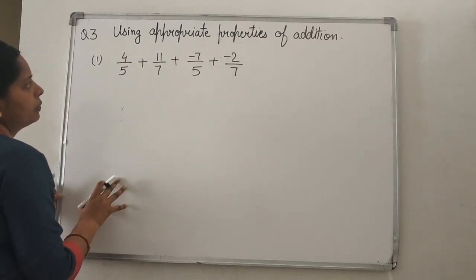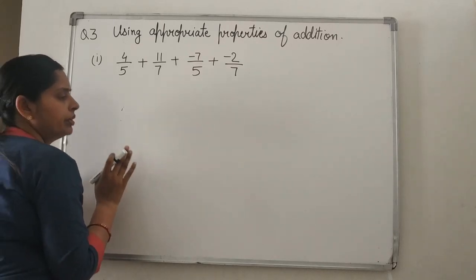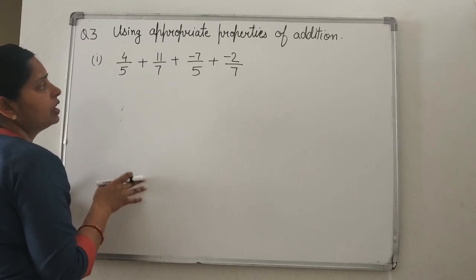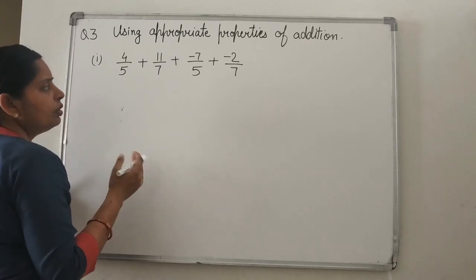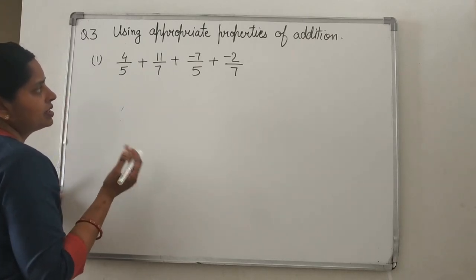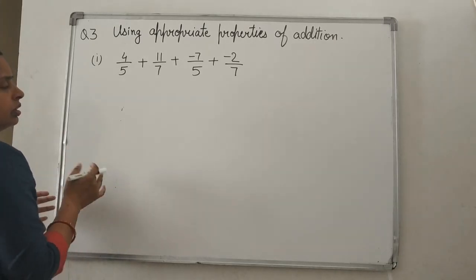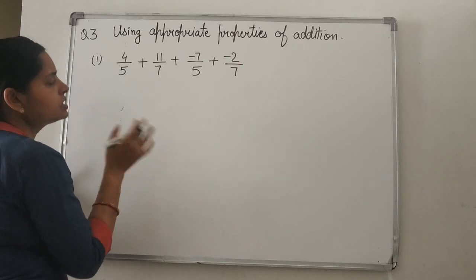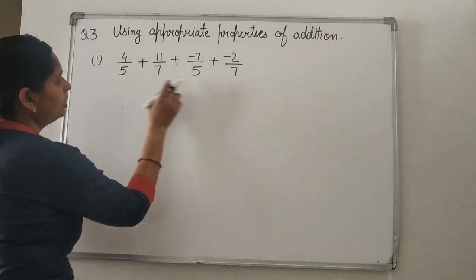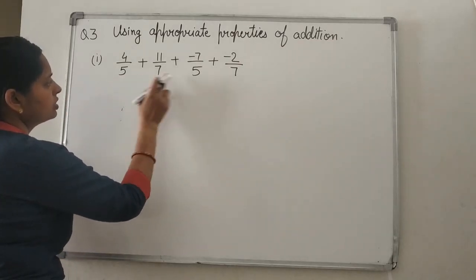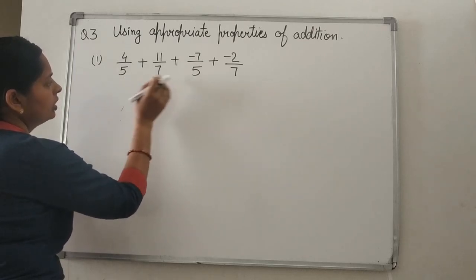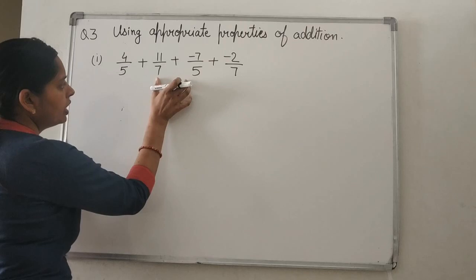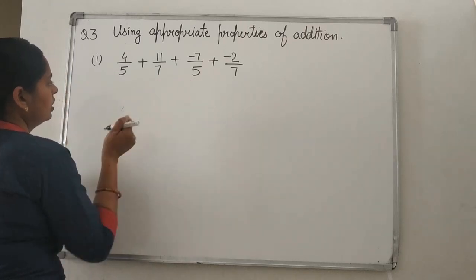Why we are having the properties? Like we are having the commutative property, then associative properties, distributive properties. So these properties are basically for using it to make our questions easy to solve. Okay, so you can see here that we are having 5 and 5 as a denominator here. So we can take these two terms together and these two terms together. So we have to switch these two terms, right?